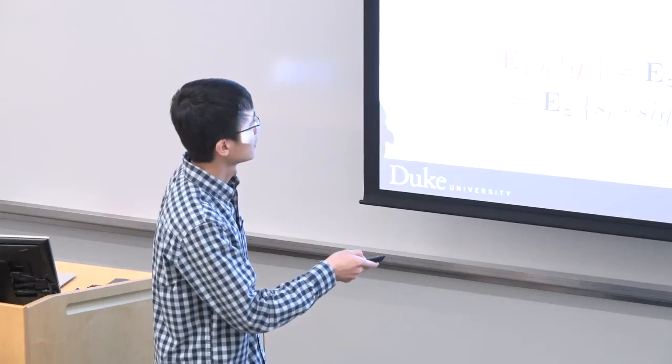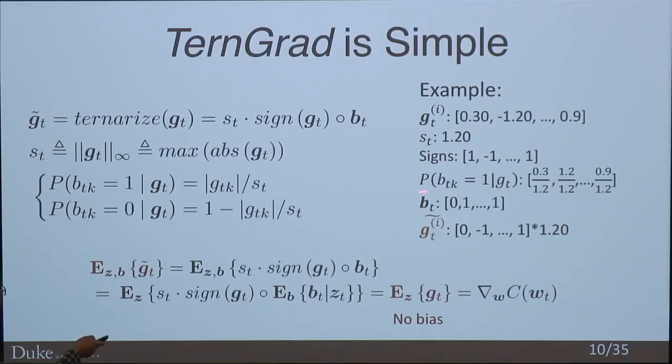Okay, but how is the expected value of B equal to the expected value of G? I don't follow, I think I'm missing something. I just want to see your simplification here. Because of the definition of probability, the probability is just GTK over ST. With the fixed expectation, you just get the original GTK back.